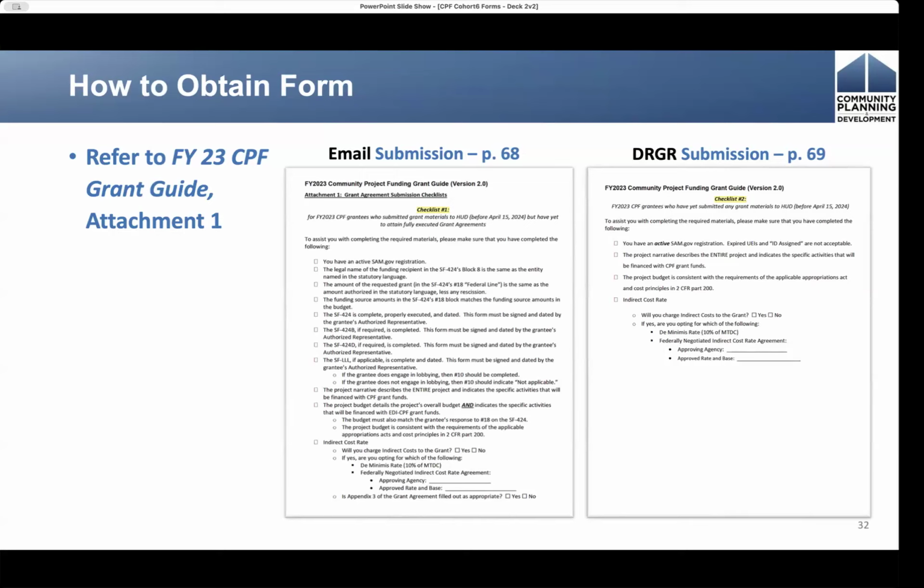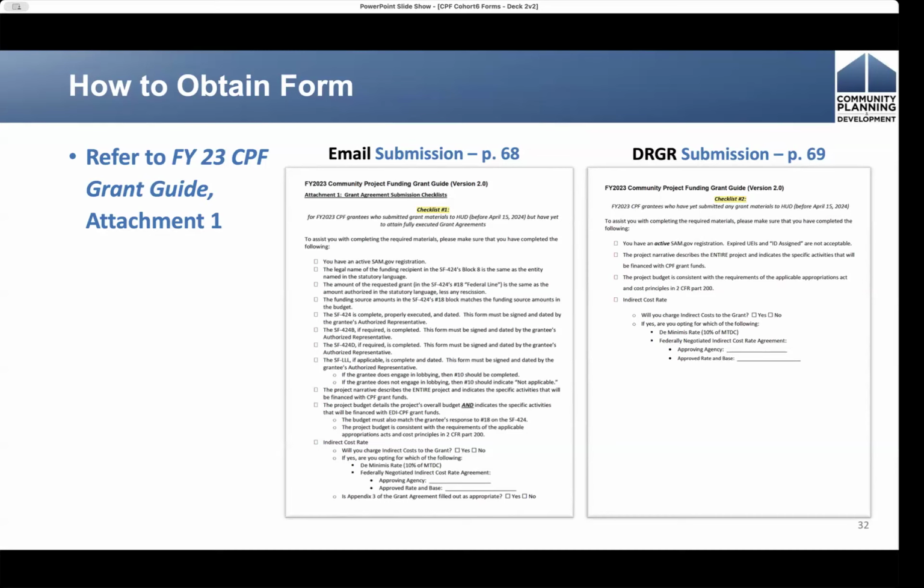Your indirect cost rate: you want to make sure that you've considered your indirect cost rate and whether you're using the de minimis amount or the federally negotiated indirect cost rate if you have an agreement. That appears on the DRGR checklist as well. So you can see that the DRGR checklist is a good bit shorter just because the system is doing a lot of the work for us already, which is why we're so excited about this switch over to DRGR.